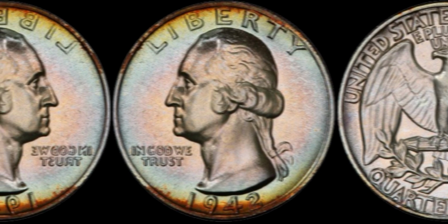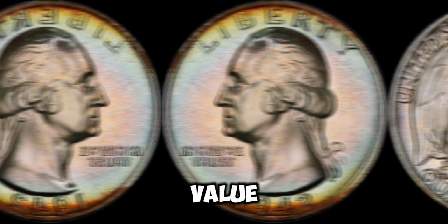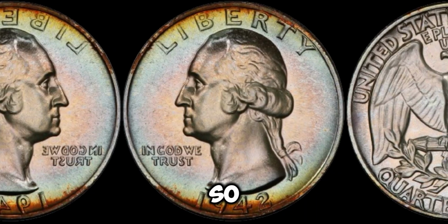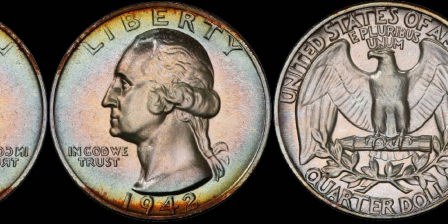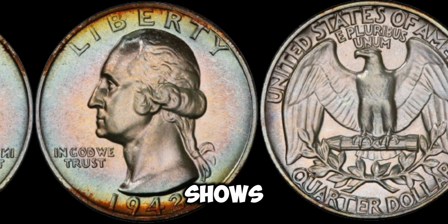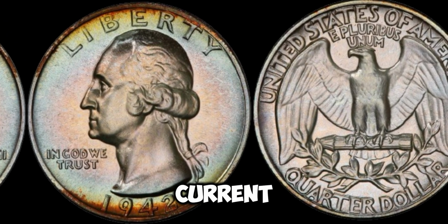Once your coin has been authenticated, you can then determine its value based on current market trends and auction results. It's important to note that the value of coins can fluctuate over time, so it's essential to stay informed about the latest trends in the collecting world. Keep an eye on auctions, coin shows, and online forums to get a sense of the current market value of